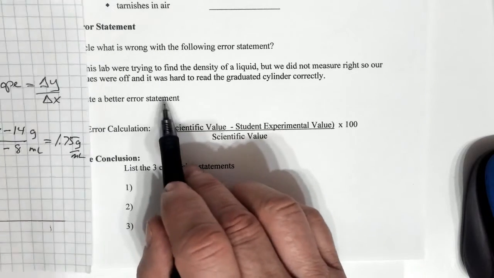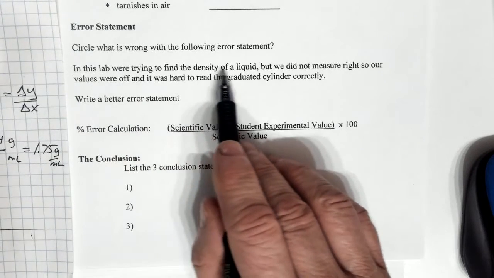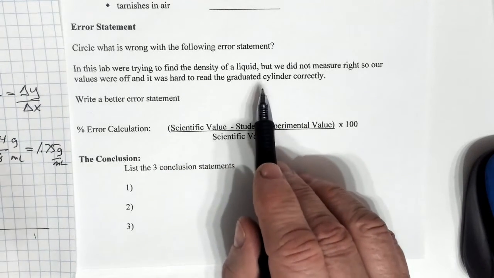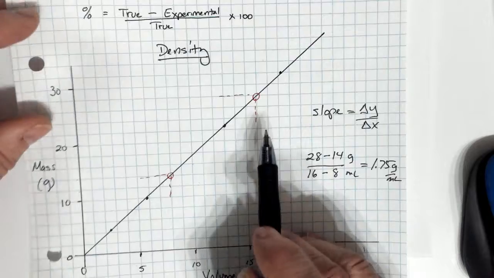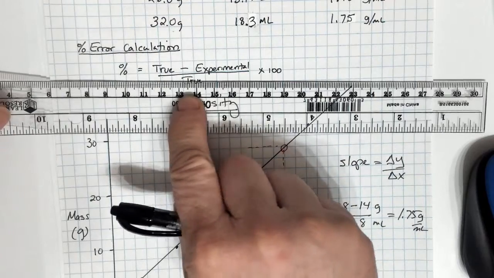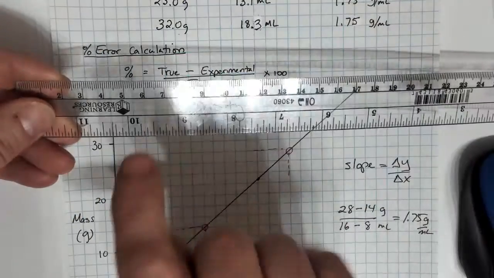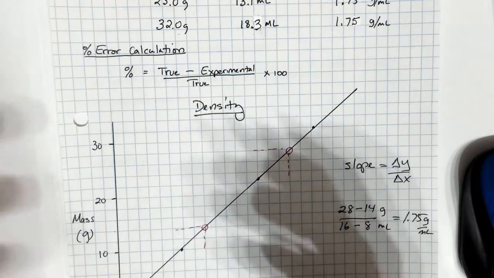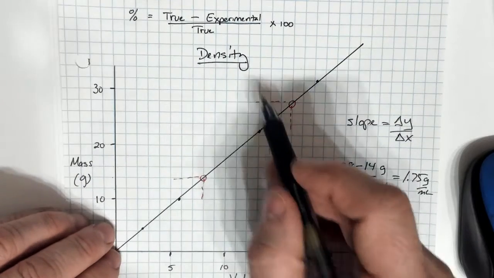Error can be a verbal statement about why things weren't perfect. Maybe something like, in this lab we were trying to find the density of a liquid, but we did not measure right, and the values were off, and it was hard to read the graduated cylinder. This is a bad error statement. A better error statement, if you want to do it, was that we're limited by the equipment we used. We had to estimate only to 1 decimal place. We only had a graduated cylinder, and we measured 3 times, and those 3 measurements had error in them, and 3 times those measurements is 3 times the error. So we're limited by our equipment is an acceptable form of error. Okay, but in this one I want to do an experimental